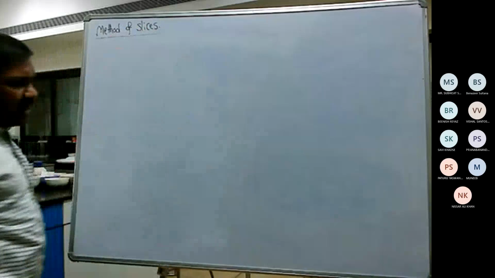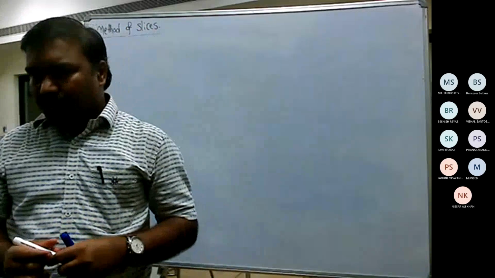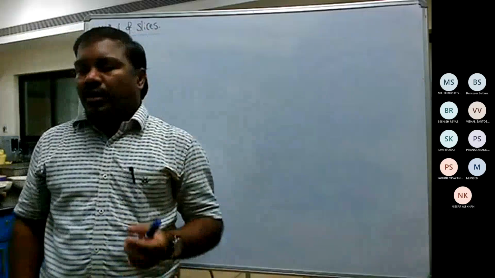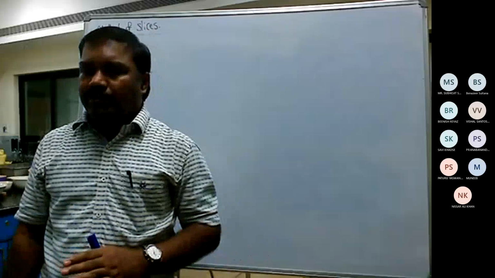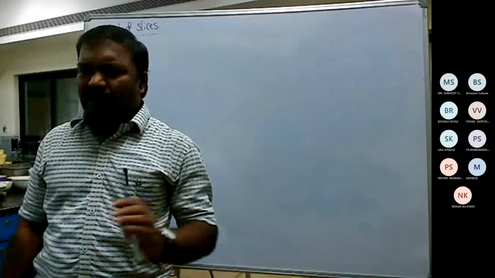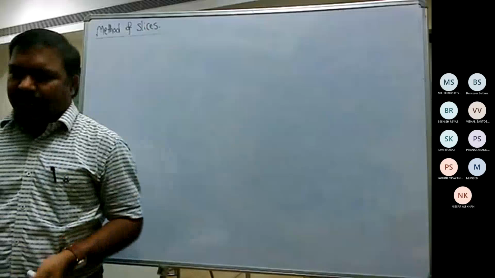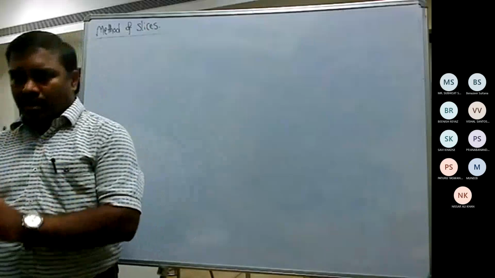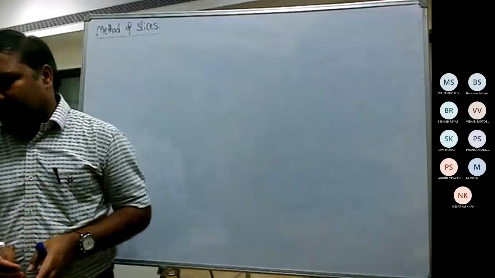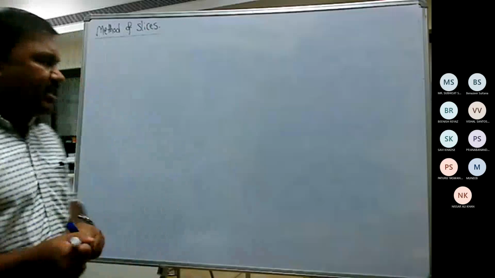When you talk about the method of slices, you will find more than 15 to 20 methods to determine the factor of safety. And of course, nowadays, whatever methods people are developing are all in the form of a method of slices only. Very few efforts are made for mass procedures because of their inherent disadvantage. We are not properly able to build in the interaction of the soil particles, whereas in the method of slices, that facility is there.